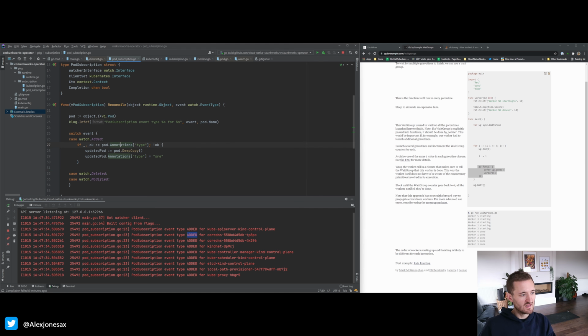So if type doesn't exist as an annotation, we're going to create a new deep copy of that pod. We're going to set that annotation, and this is the most important part, to update the pod. How do we do that? Well, we have the clientset from earlier, so that is where we call the receiver